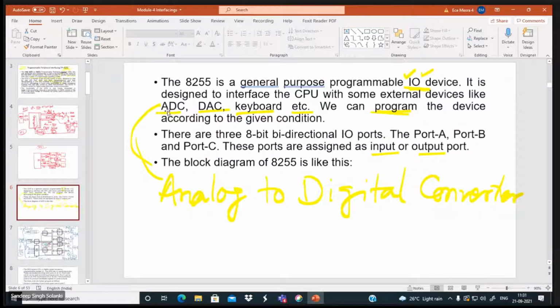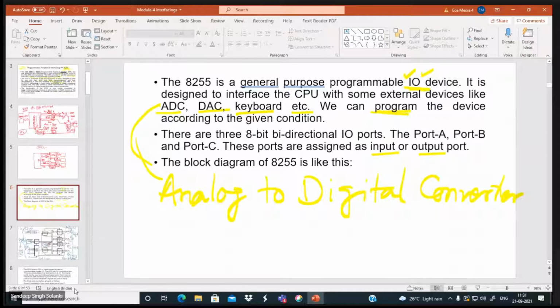The simple thing is that if you require ADC, DAC, or any logical type of control, for example chemical processes, then you must go for 8255.